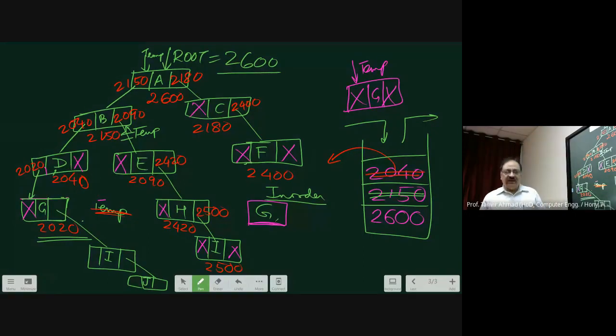For example, it will be like this. I or J also could be there. So I process G, then I come from G to I.